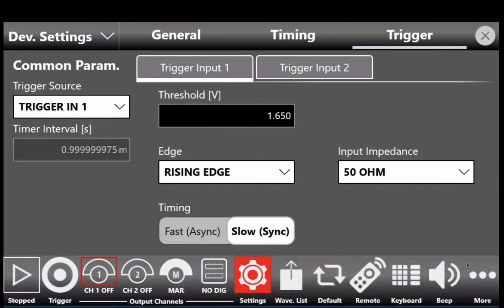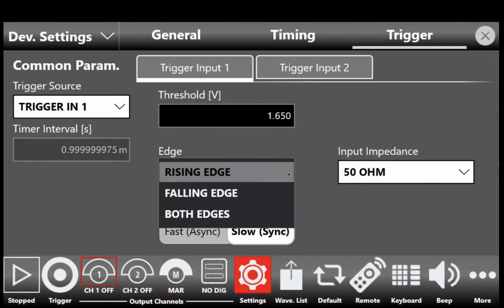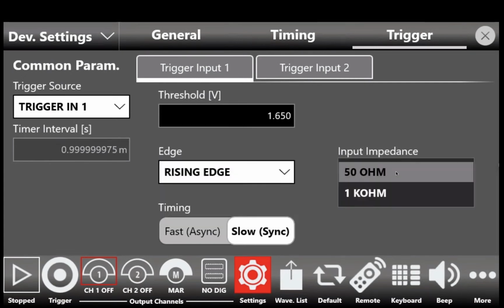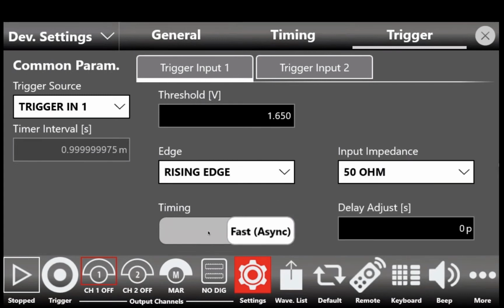And you can set the sensitivity edge as rising edge, falling edge, or both edges. The input impedance of the trigger, that can be 50 ohm or 1 kilo, and the mode, that can be fast or slow.